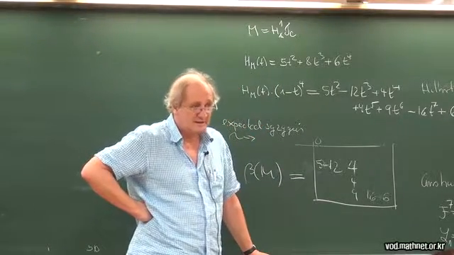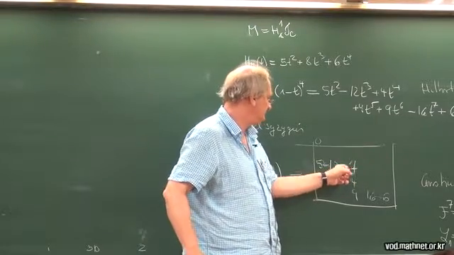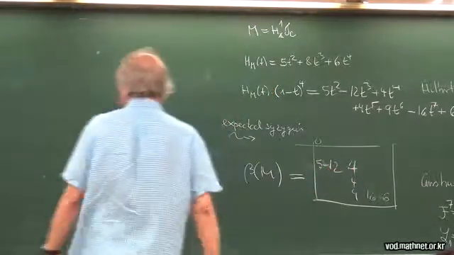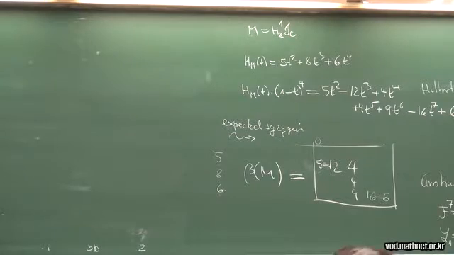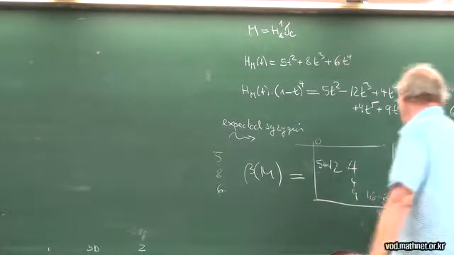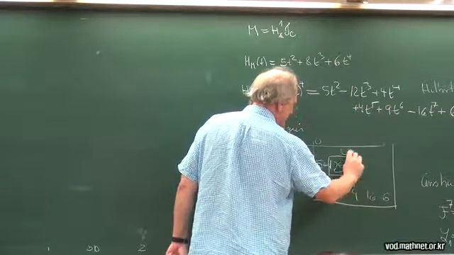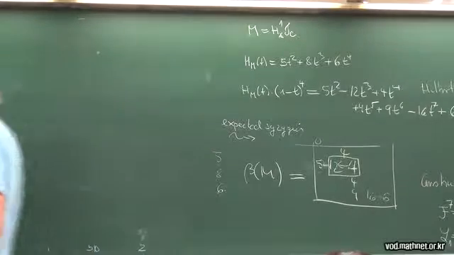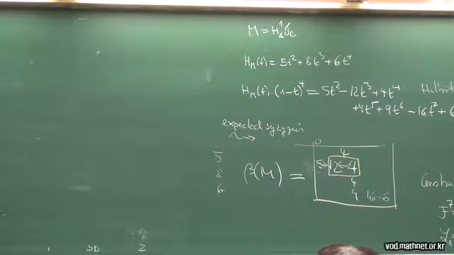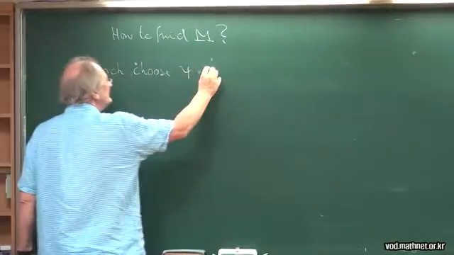So instead, I would like to force these 4 syzygies here. So the trick is to choose psi a general